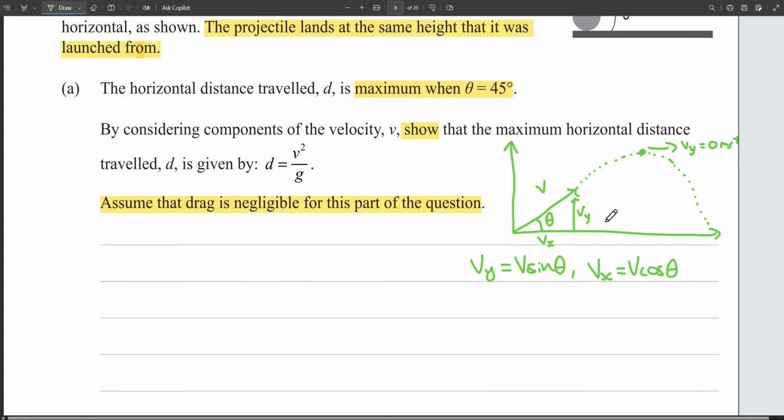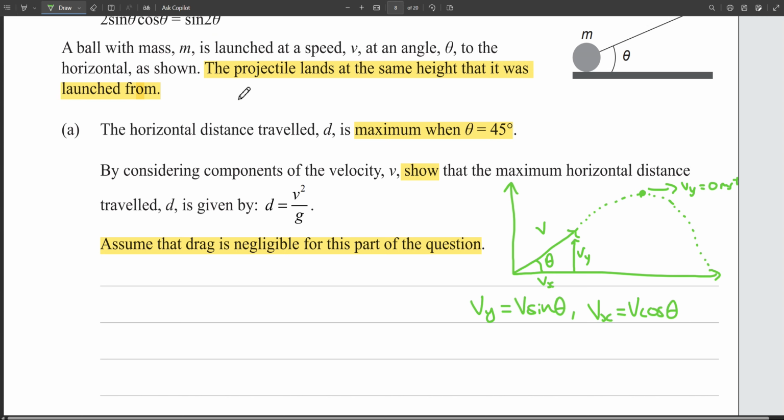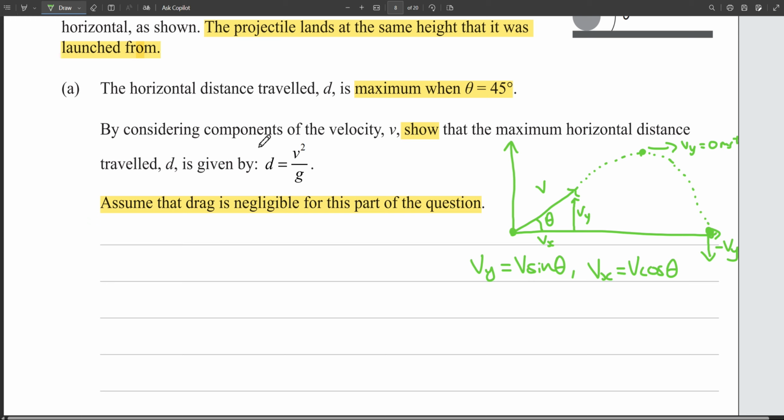And because we know that the projectile lands at the same height that it was launched from, if it's positive Vy at this point here, then I know that as soon as it lands, its vertical velocity will be negative Vy. So the first thing we need to find out is how long does the ball spend in the air. So selecting this equation here and rearranging it for time gives